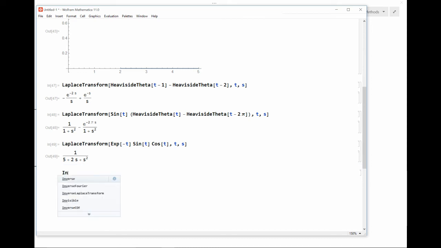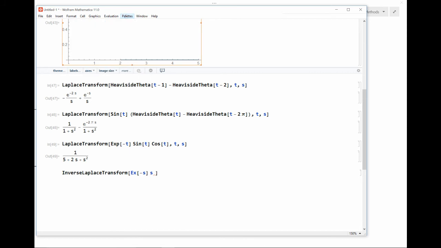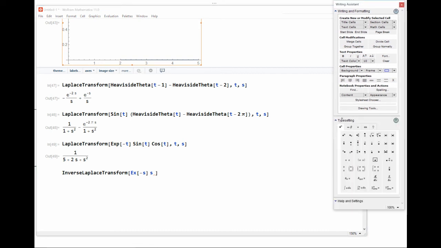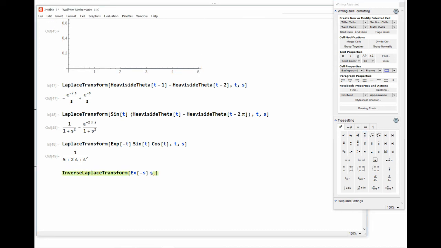Inverse Laplace transform is computed in exactly the same fashion. We have exp of minus s, and then we have a fraction, we have s, and let me show you something that you might find useful. Mathematica has palettes, and one of the palettes is those assistants where you can just choose different forms. So for example, this form right here gives me a little fraction, and when you hover above it, it gives you a shortcut for how to enter it. So here I want this s to be in a fraction, and then I want s squared, so I use the superscript and it's squared